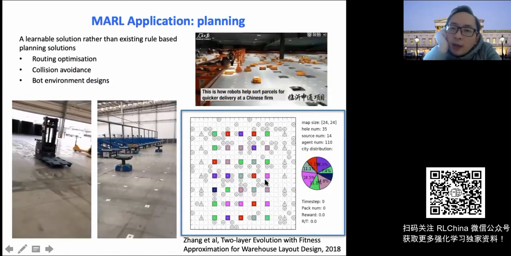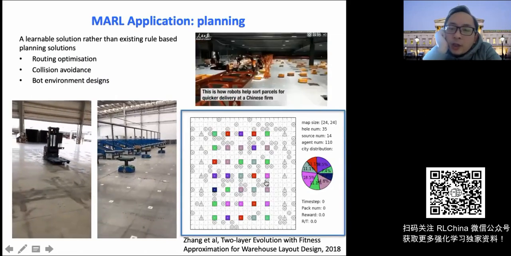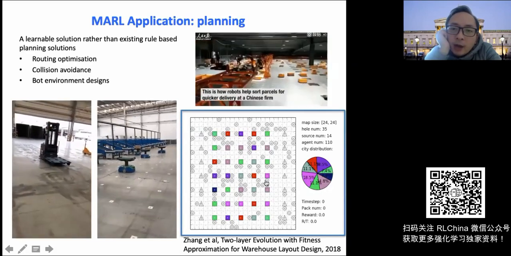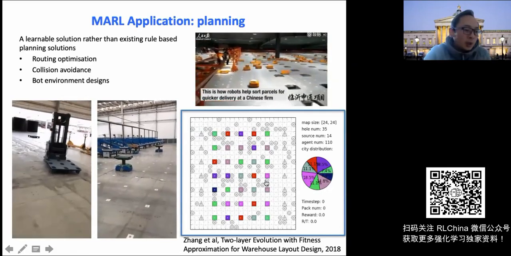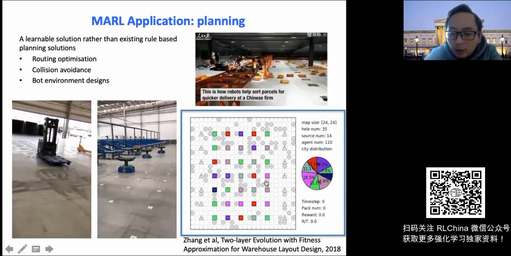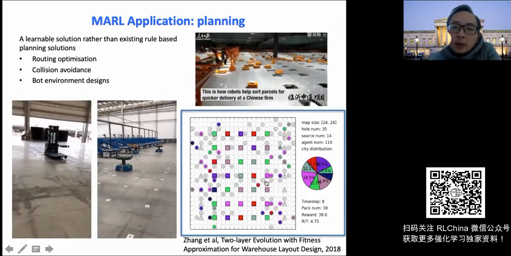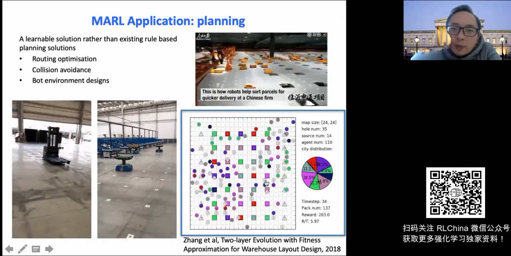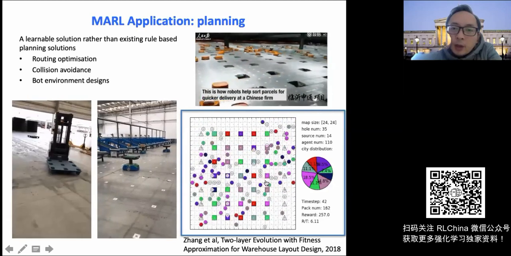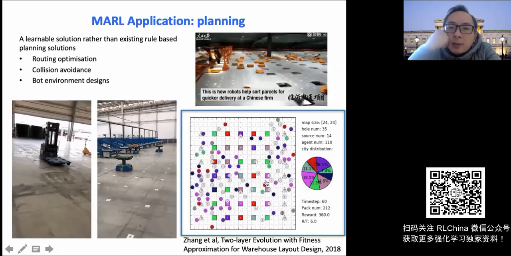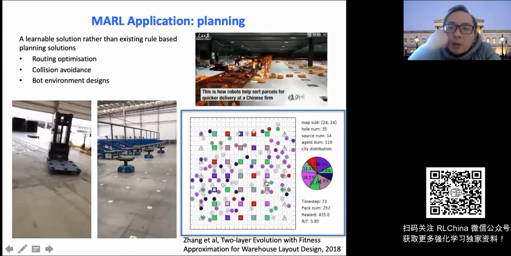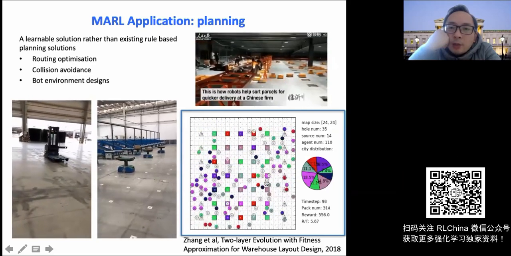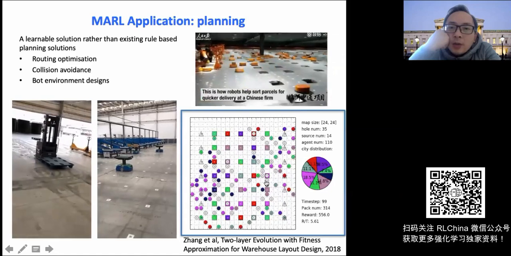You also have many other cases, not only in internet-based business, but you can also find a lot of applications in, for example, a warehouse. So this is a warehouse that we visited a few years back, and on the right top, you can find these bots. They coordinate together, trying to sort the parcels, because of the number of parcels that need to be processed every single second,